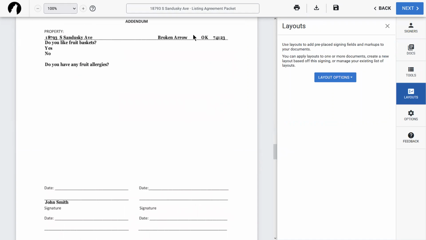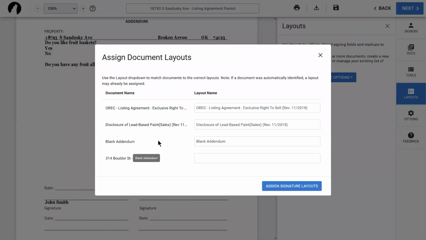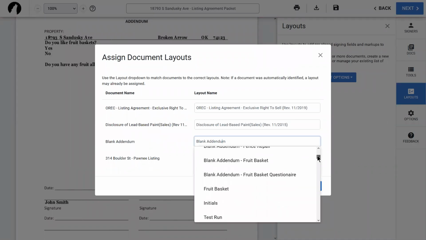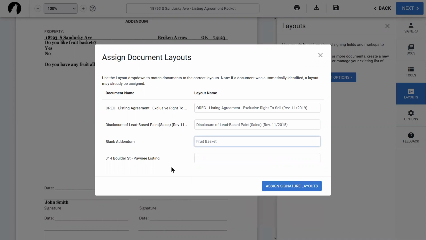There is a choice here called layouts, where if you have created the way that you want this to be laid out in the past, you can come into layouts, go to this particular form that you were looking at, do apply layouts, find whichever form it was that you were working with, click on the template that you're going to be using, and I'm going to say fruit basket,